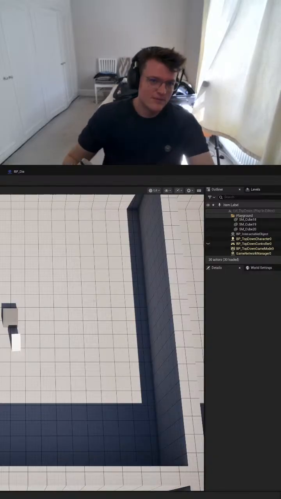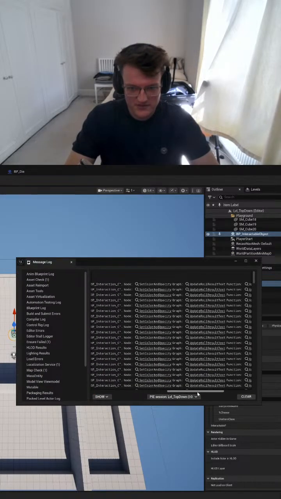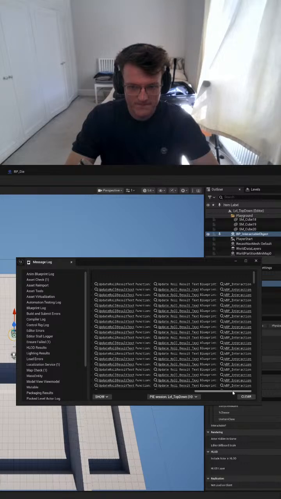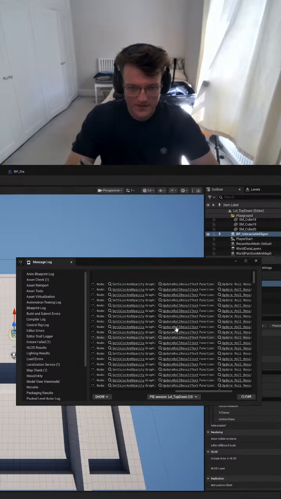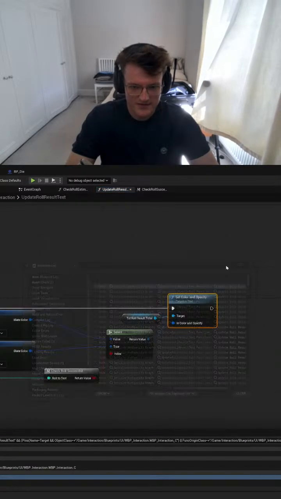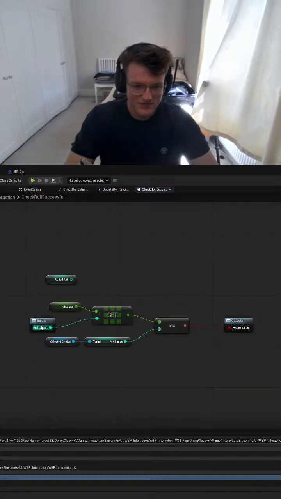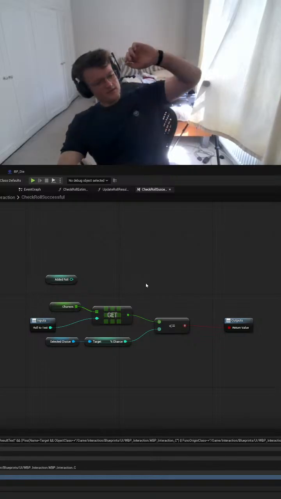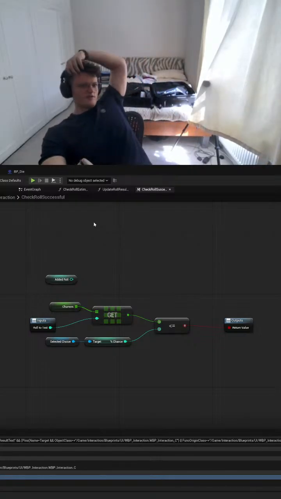We also need to disable the roll button. What's this? The kind of opacity. This is getting a result of nothing. Selected choice. I guess it doesn't always have a selected choice, so what we need to do is